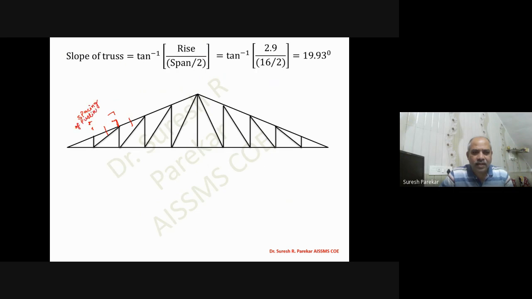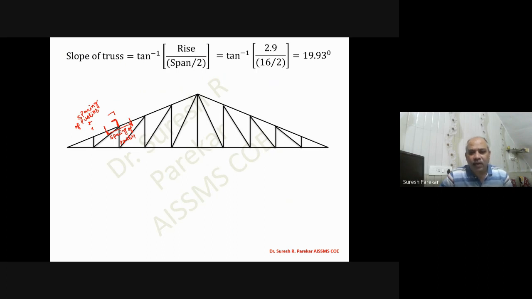Spacing of purlins, and our area on this purlin is half on this side and half on this side. So if we see, again we are going to get the total, that is the spacing of purlin. So on this, whatever load will be there, that load will be spacing of purlin and spacing of truss. That area we have to consider, where we are going to calculate this length.